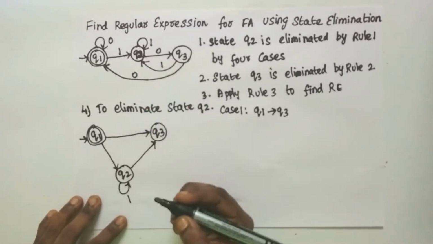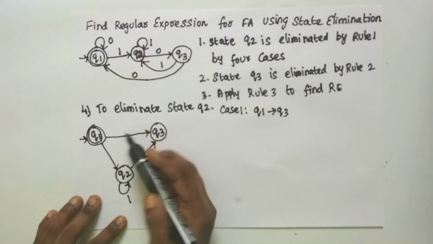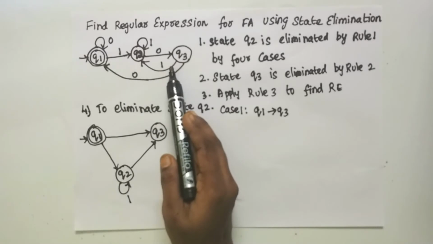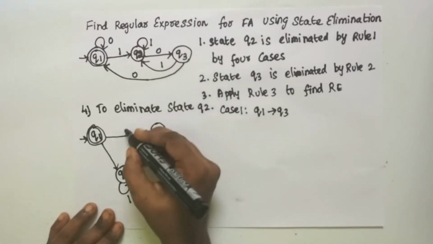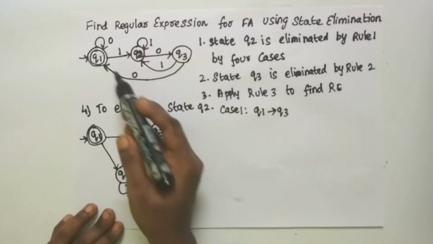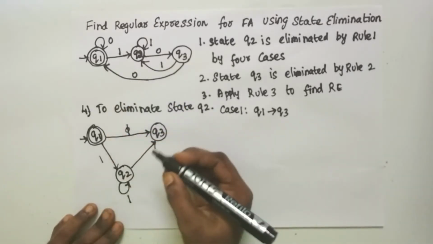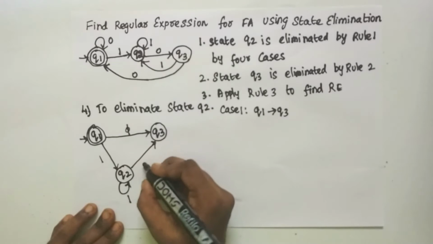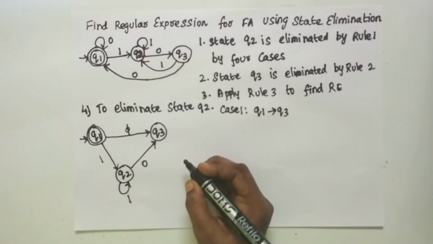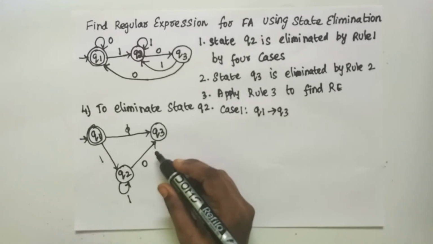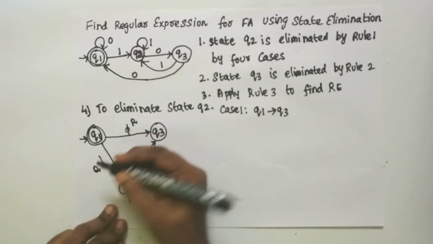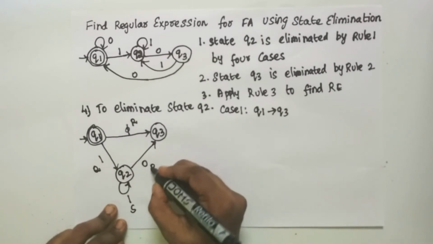Here all the paths should be towards Q3, and you have a self loop for Q2. It is 1. So you have to write it. Check whether you have Q1 to Q3. From Q1 to Q3 you don't have any path, so write this as phi. Then from Q1 to Q2 it is 1. From Q2 to Q3 it is 0. So you write all the regular expressions towards the path Q3. So now it is R, capital Q, S, and P.